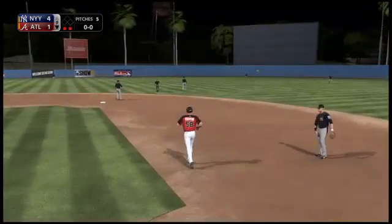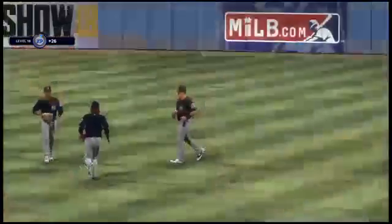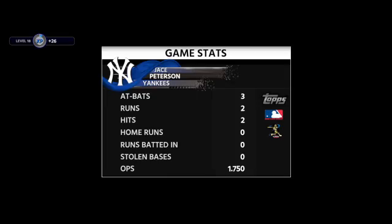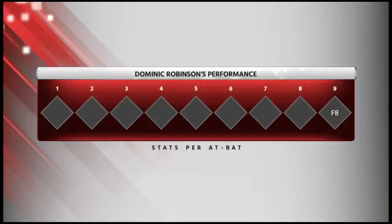Tilson is there, and folks are starting to head for the exits now. 2 gone here in the 9th. A 4-1 finish in this evening's game. The Yankees jumped ahead in the 7th inning and never gave